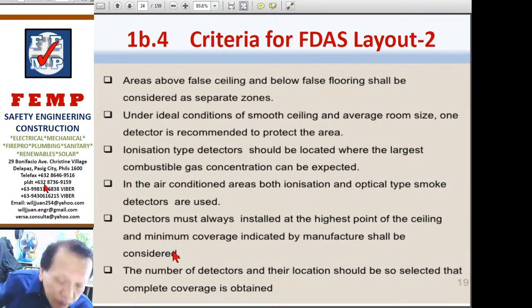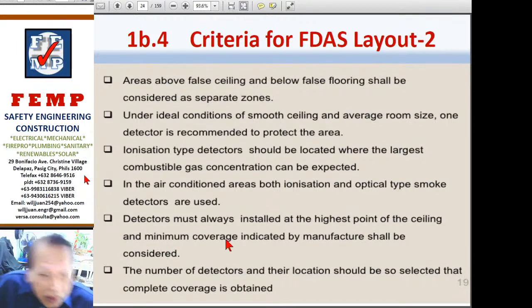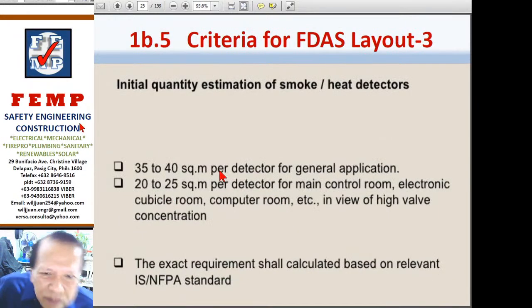So like for example, if you have a building like the Araneta Coliseum, you will be providing detectors at the topmost point of the building, plus of course underneath the bleachers, where usually there is also a trap for the air there. And then the number of detectors and their location should be so selected that complete coverage is obtained. So sometimes you have to provide some duplication in the number of detectors, no? Although there is this maximum area provided like this, no? For a general area application, 1 detector per